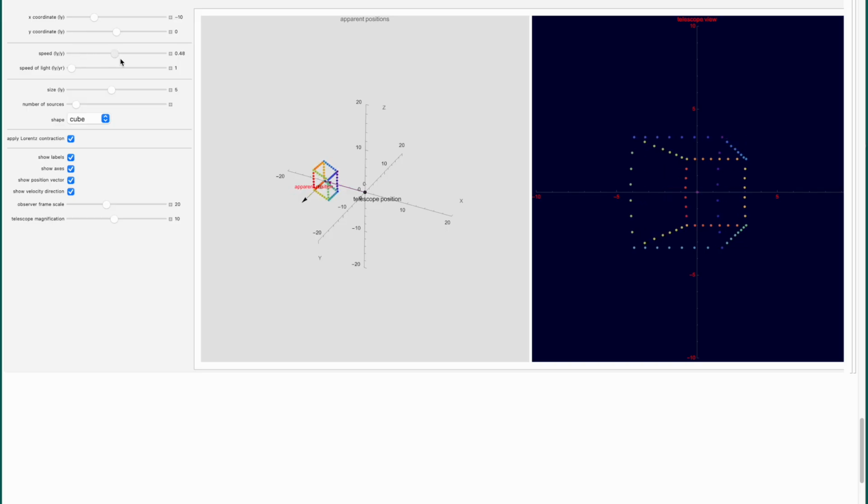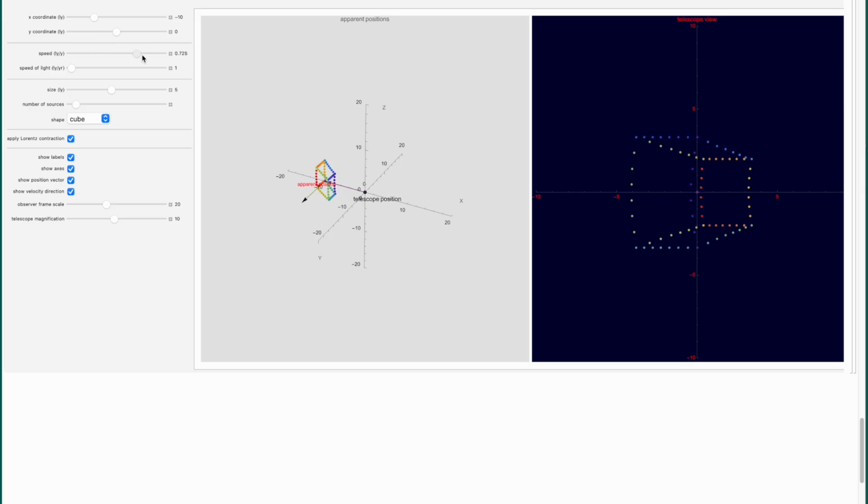Now, if you look at that, you'll see a couple of things. On the one hand, in the left-hand display, we see the cube turning into sort of a parallelepiped, okay? Whereas in the right hand of the display, which is a 2-dimensional projection, we're seeing what appears to be a rotation.